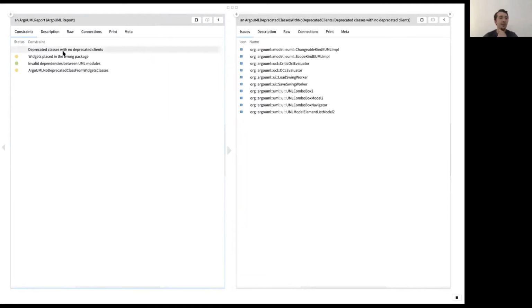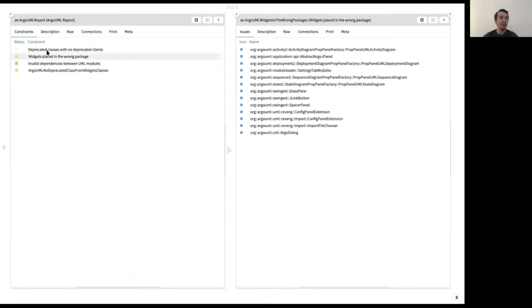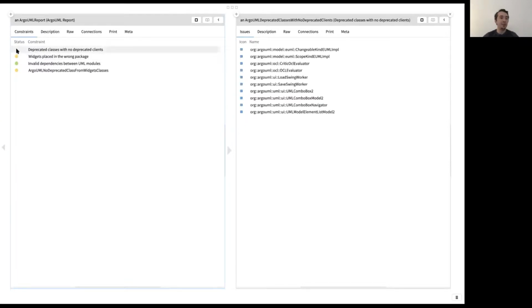This is deprecated classes with no deprecated clients. So this is just one constraint to get the list of deprecated classes. And what's interesting is that here, it's a neutral constraint. So if we run this, for example, in Jenkins or Travis, this is not going to fail the build. It's allowed to fail. It's just useful so that we can see, okay, how many deprecated classes are currently used